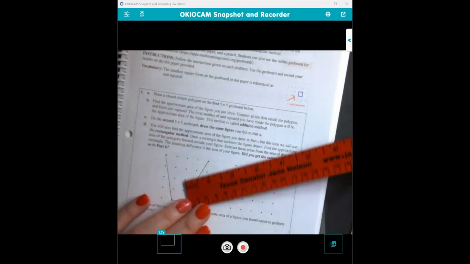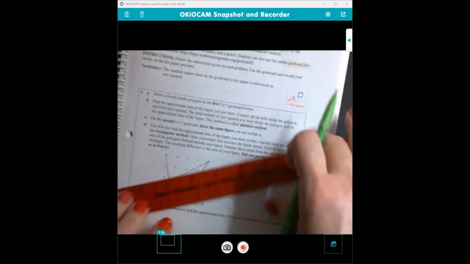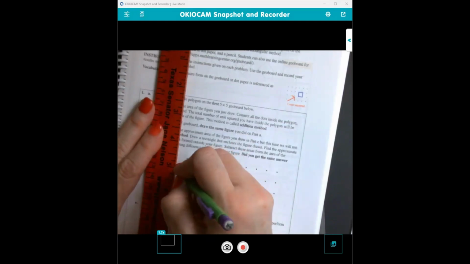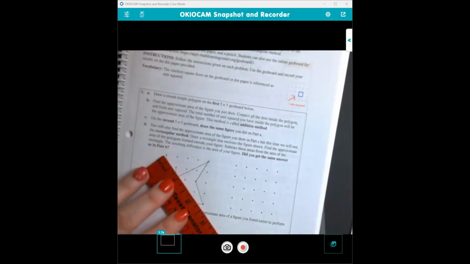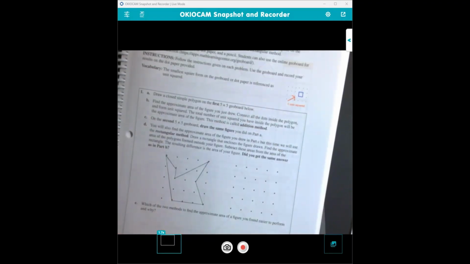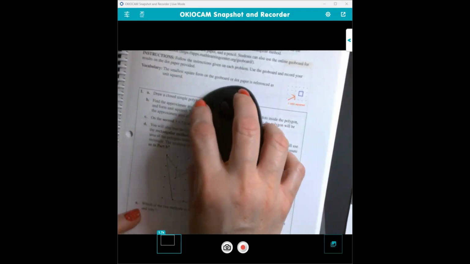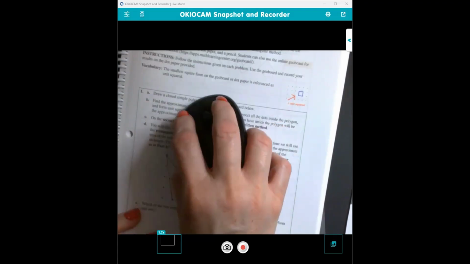Okay, and then we're going to go to the second one here. And then straight up. And then to the top. Okay, and then whatever figure you did here, you're going to copy it exactly on the other side, because we are going to do both